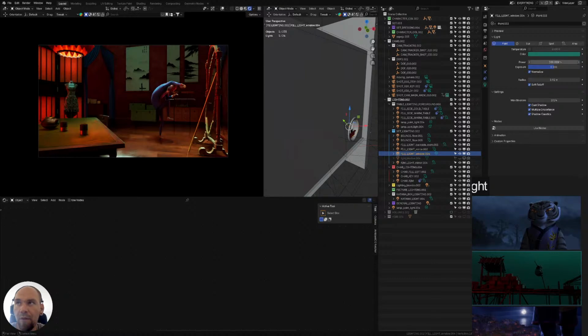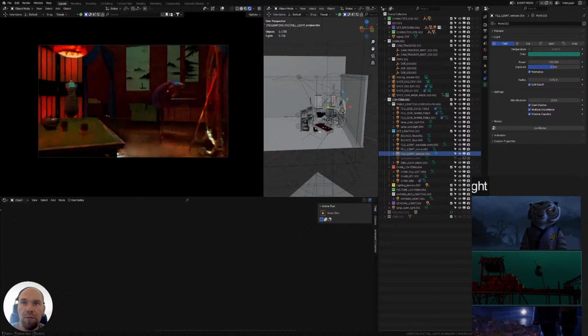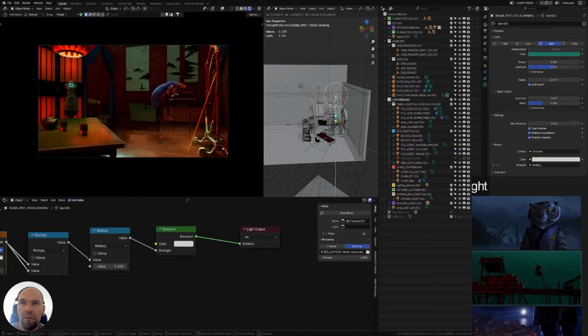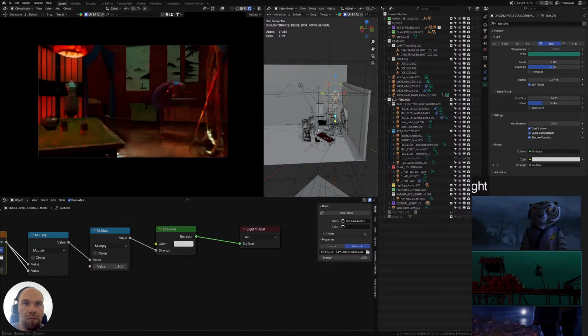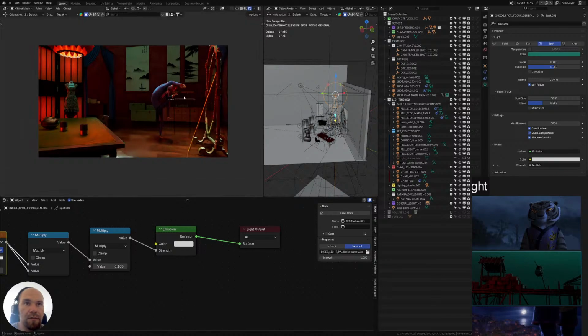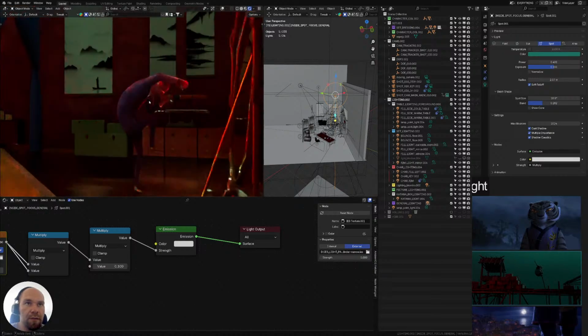Soft greenish falloff as well. So this is creating... it's contrasting with the floor here, giving off